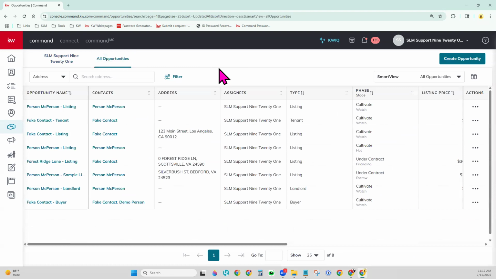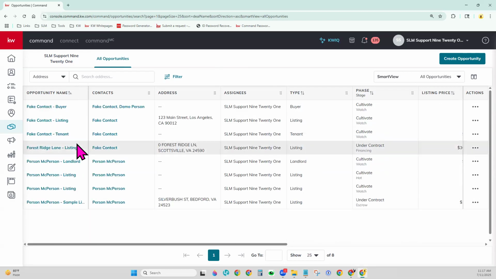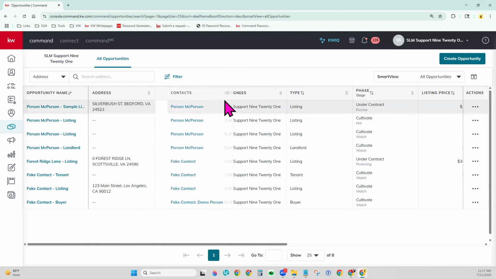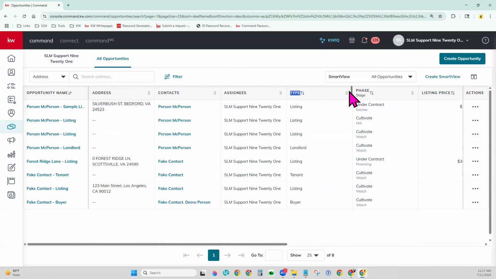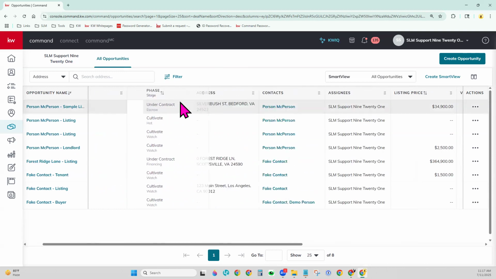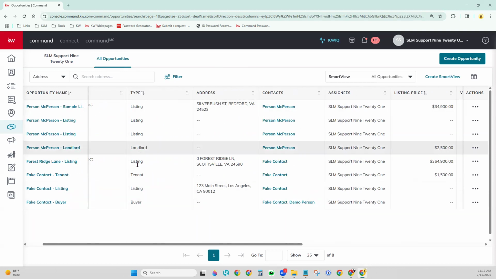So let me show you your All Opportunities tab briefly. Again, this is just a representation of all your opportunities that you currently have or have had in the past, depending on the phase that they're in and also their age. So they'll be ranked. You can notice that these columns have sort arrows that you can kind of sort them in alphabetical or reverse alphabetical. You also have the 6 dots here on the headers where you can drag and drop them into a different order too for the columns. If there's a particular piece of data you'd like to see first,